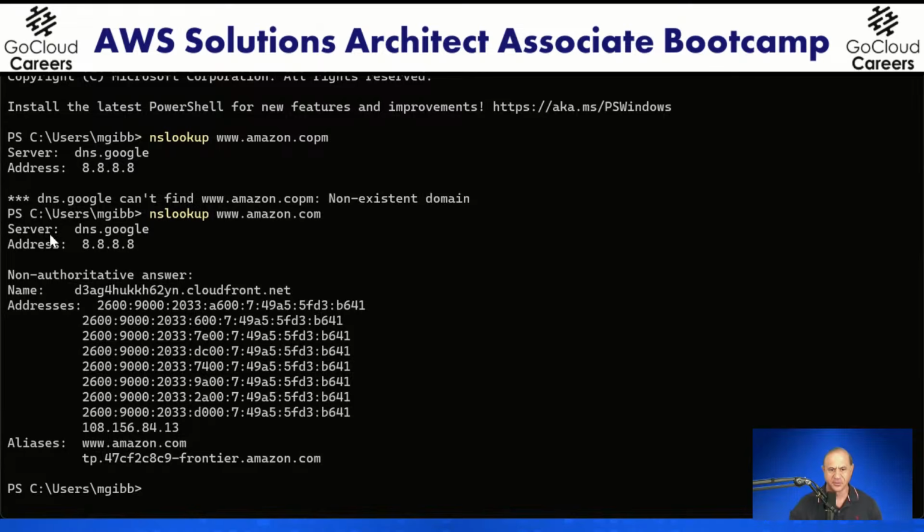And who can remember this? Delta 3 Alpha Golf 4 Hotel Uniform Kilo 62 Yankee November.cloudfront.net. I'm not going to remember that, but I can remember www.amazon.com, and I go buy cat treats from them all the time. So, kind of think about that in the back of your mind.